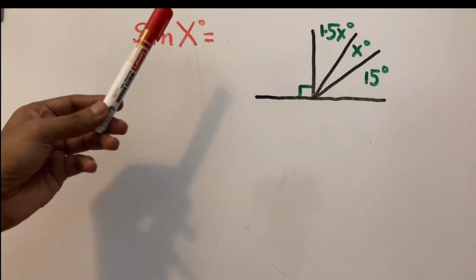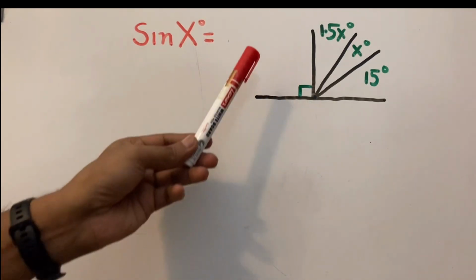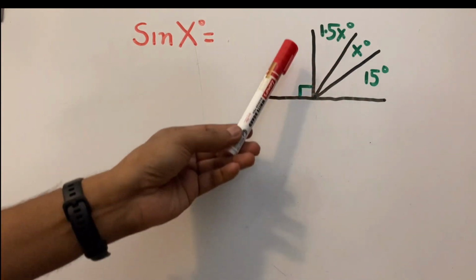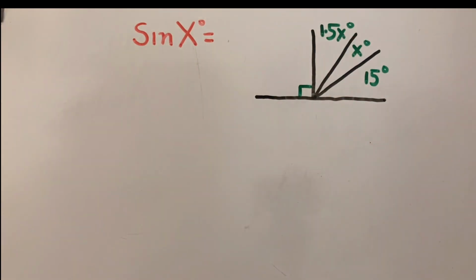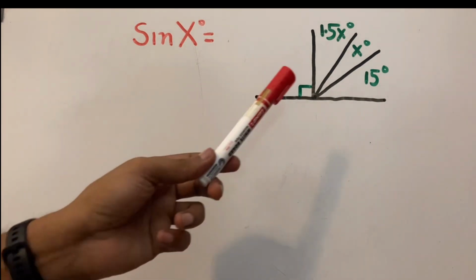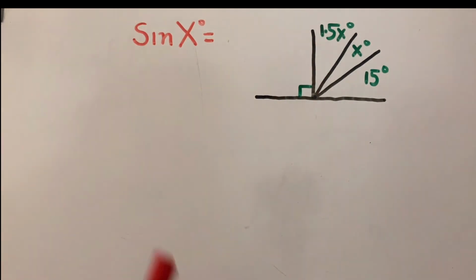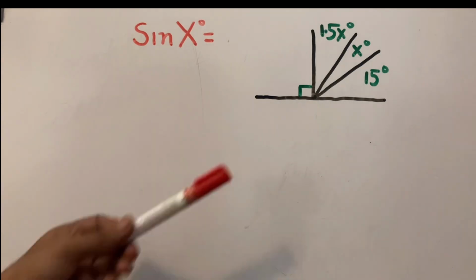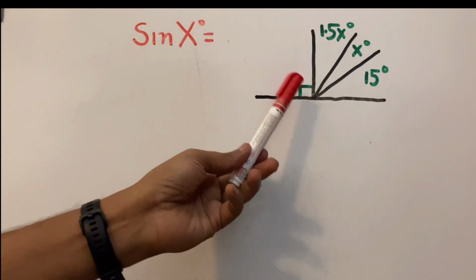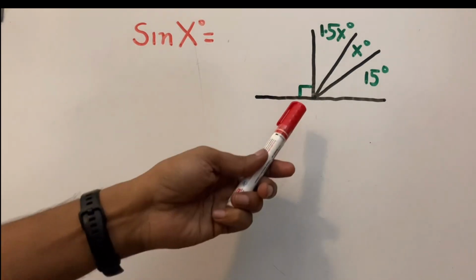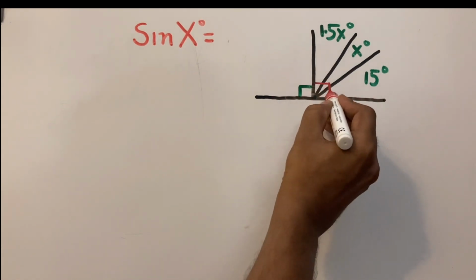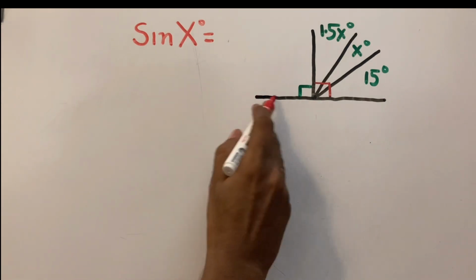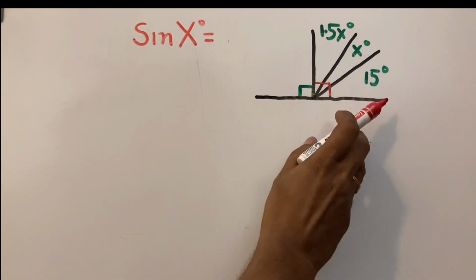What is the value of sin x for this diagram where we have inner angles of 1.5x degrees and 15 degrees? So first we have to find the value of x to find the sin x. In this diagram, here we have a 90 degrees on this side. Therefore, this angle also going to be 90 degrees because this is a straight line and a straight line comprises